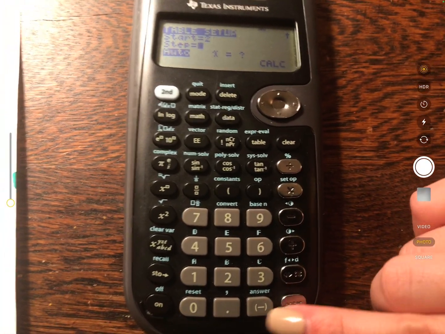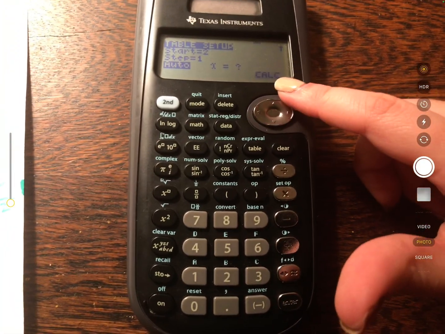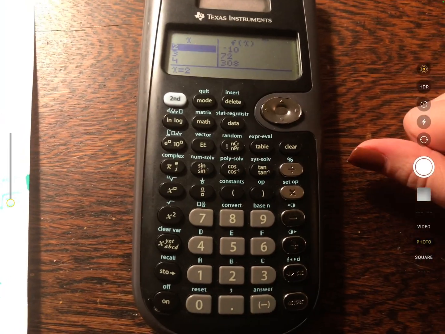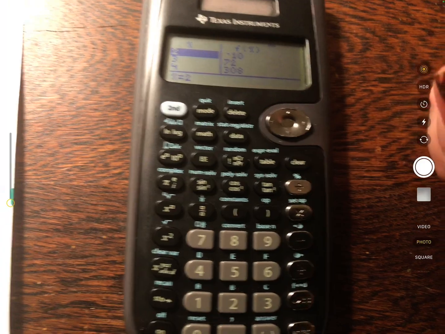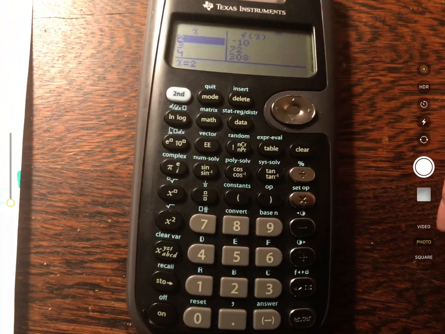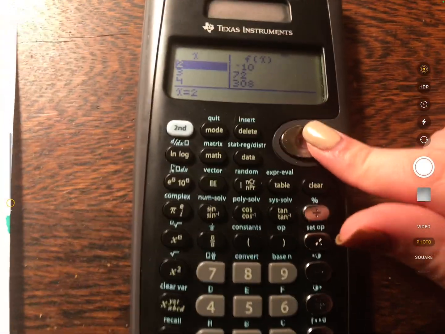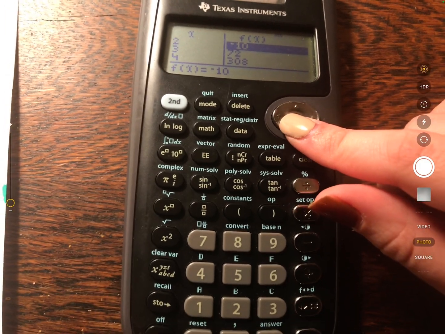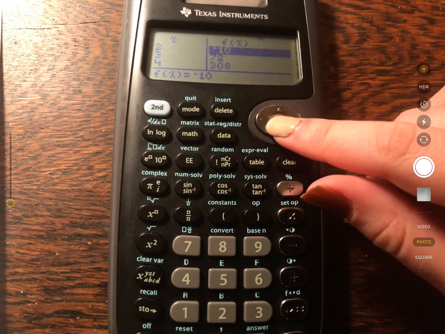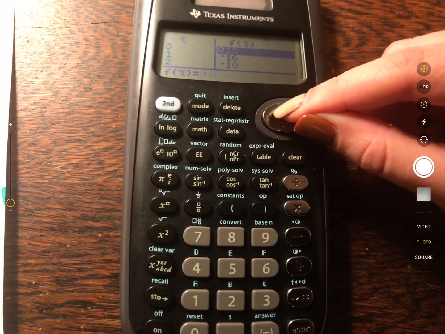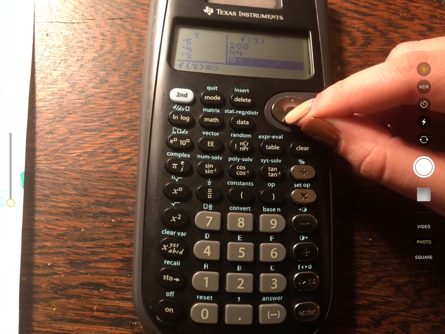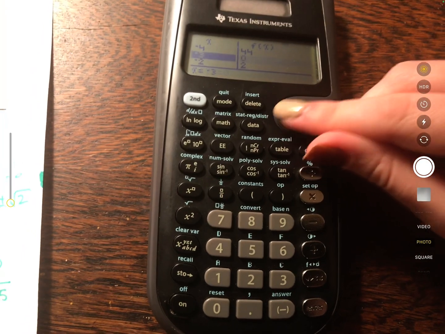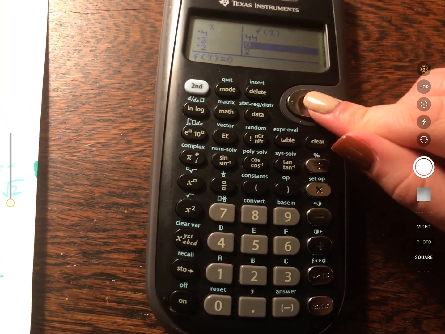And so I'm going to hit enter, enter, enter until I get to calc. And then I'm going to hit enter again, and now I see a table. So you can see I'm starting at x equals 2, just like I said in the previous page. And so what I'm looking for is where f of x is equal to 0. So I'm just going to use my up and down arrows to scroll through my table and find where f of x is 0. So if you scroll, you can see, oh, here's one at x equals negative 3,